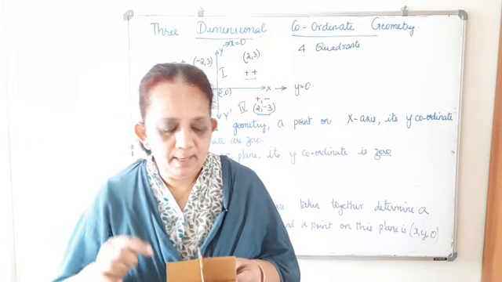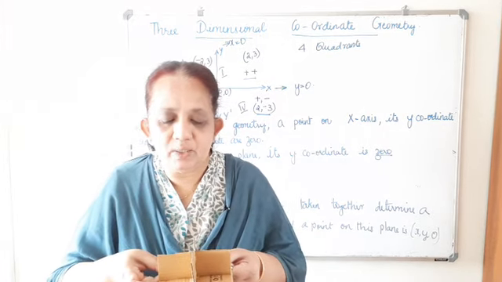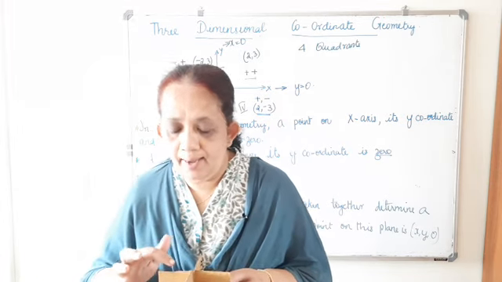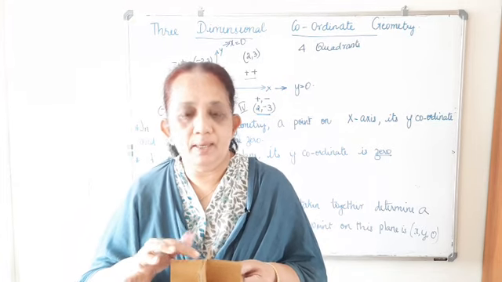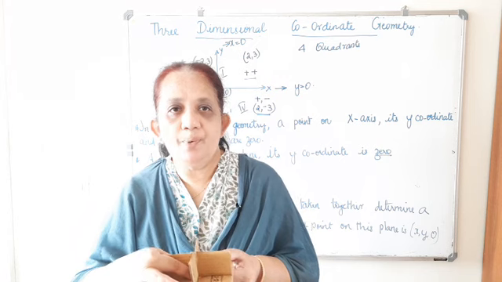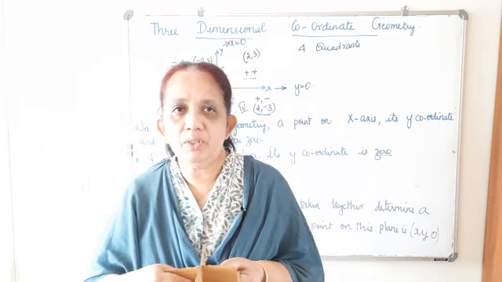Now, this is the XOX dash plane. Now, we have the YOY dash plane, and then we have the ZOZ dash plane. They all intersect at a point, and the coordinate of the point in 3 dimensions will be